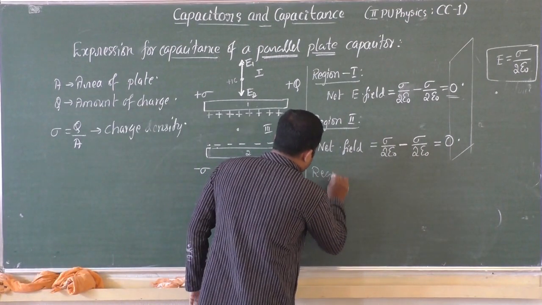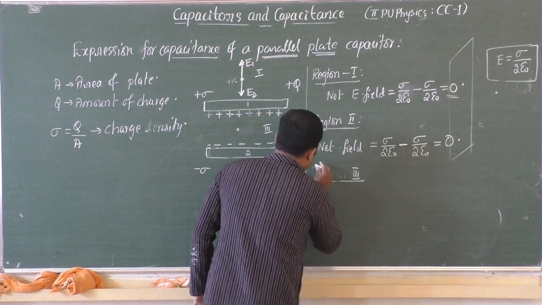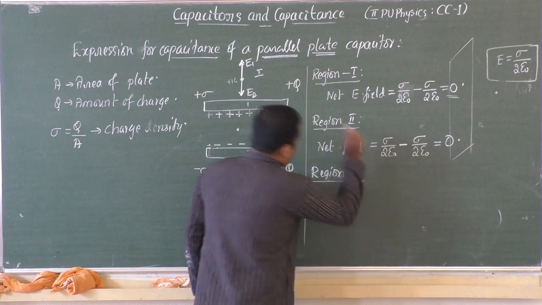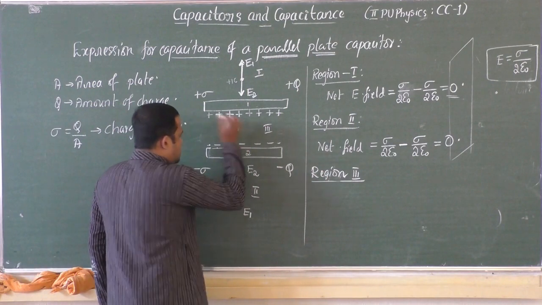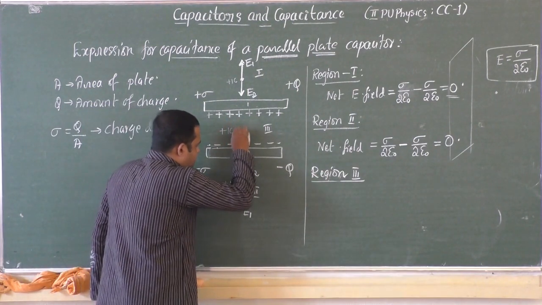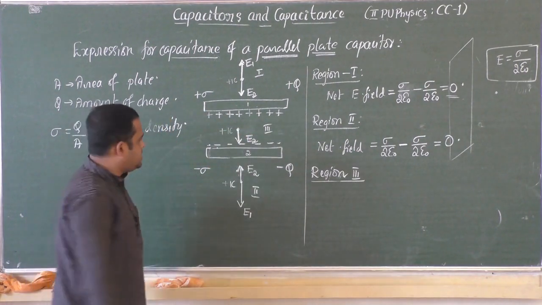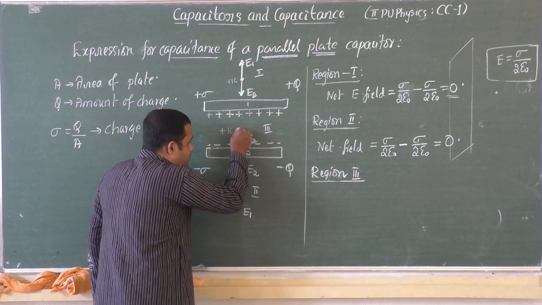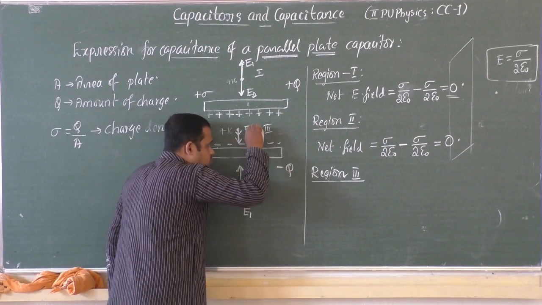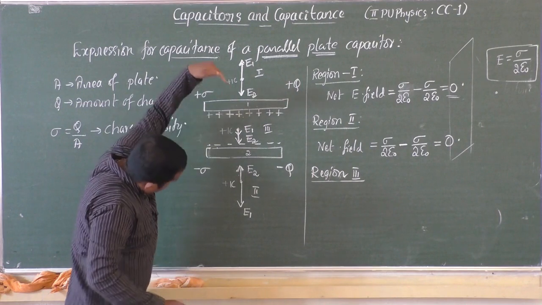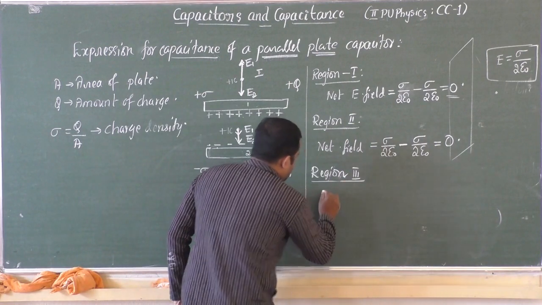Next consider the region 3, between the plates of the capacitor. If I place a unit positive charge here, the negatively charged plate will attract the unit positive charge. This is the direction of electric field due to the second plate. The positively charged plate will repel the unit positive charge. This is the direction of electric field due to the first plate. E1 is directed downwards, E2 is also directed downwards. Therefore in region 3, net electric field